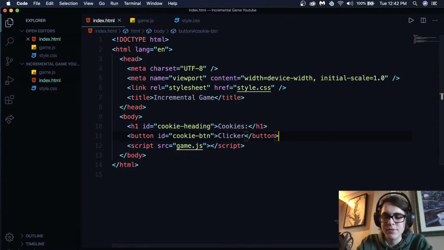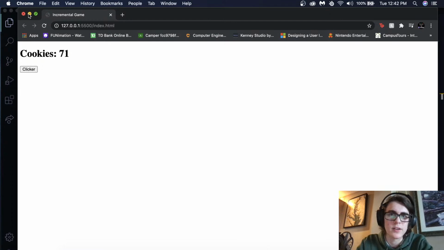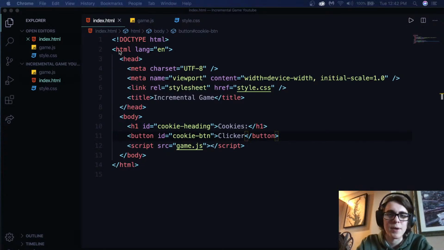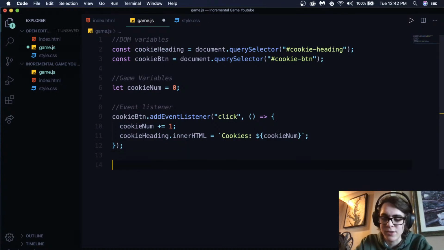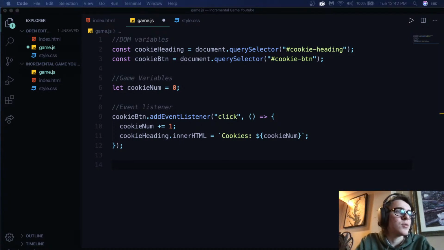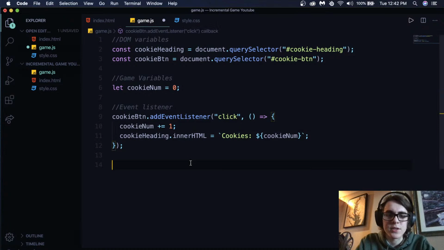So we have a clicker basically, and now we want this to loop, and we don't want to deal with this anymore, right? We don't want to click. So how do we make that better? Well, the first thing is to build the game loop functionality out in the JavaScript. So the easiest way to do that is, we come down here, we type game